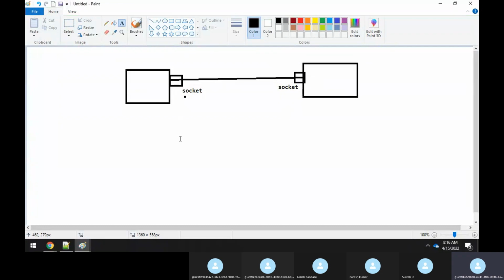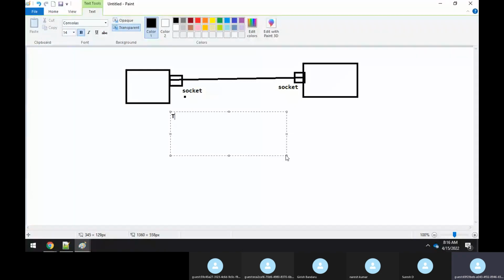Of course, there are some protocols as well. We need to use either the TCP protocol or the UDP protocol, right? We have come across a lot of these terminologies, TCP protocol, UDP protocol. So they need some kind of a protocol, as well as some kind of application to communicate with each other.